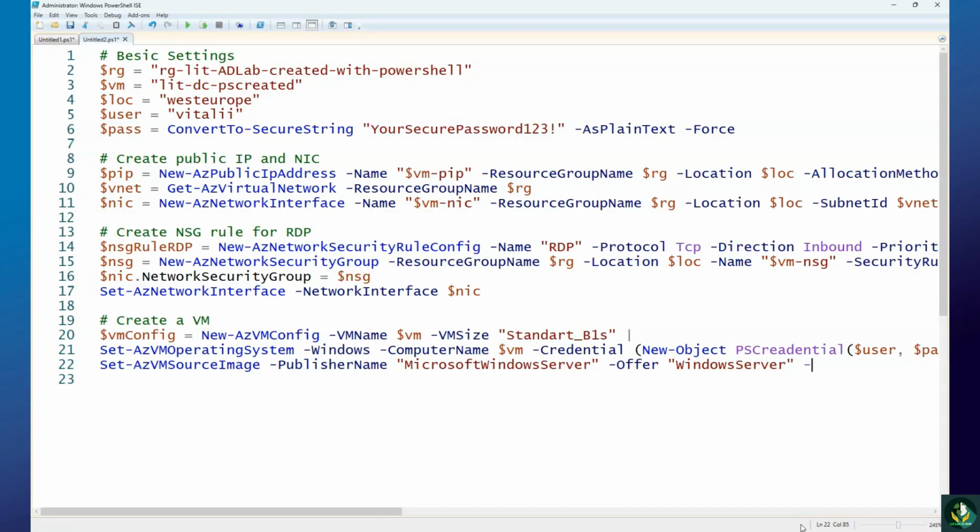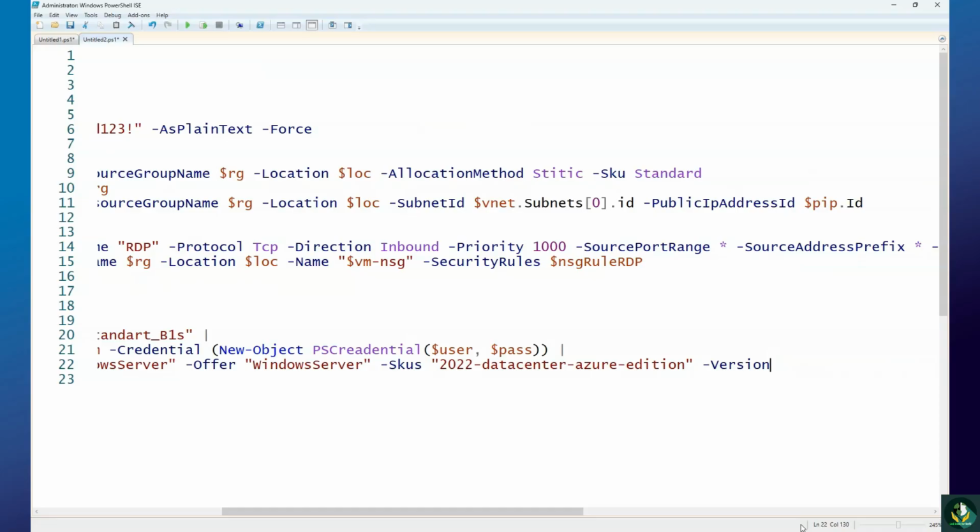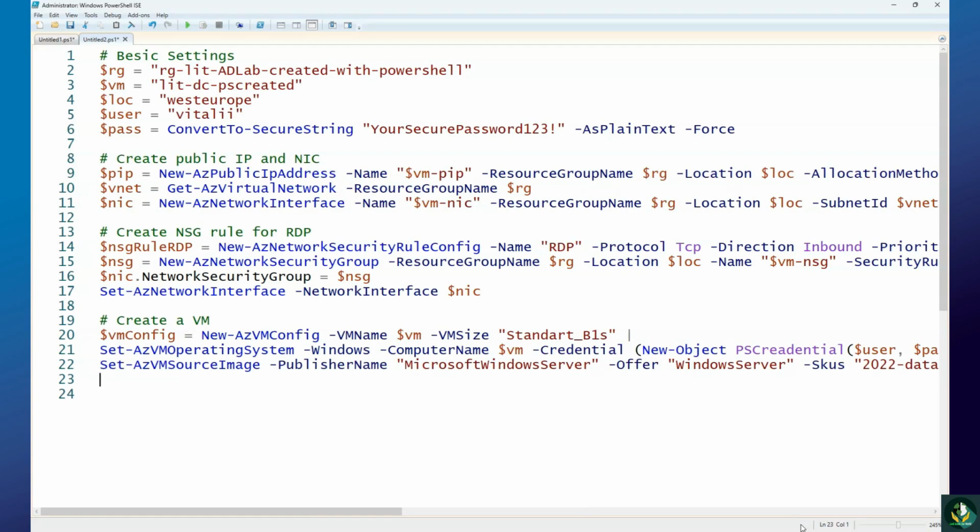And we'll need to use SKU parameter for the edition, which is 2022-datacenter-azure-edition in double quotes. And we'll also need to specify version as to use latest version. Again, we'll place a pipeline here, move over to the next line, and finally use